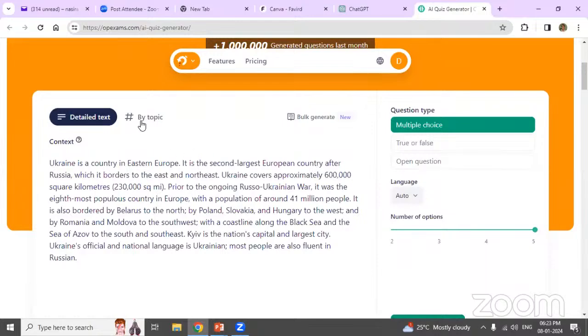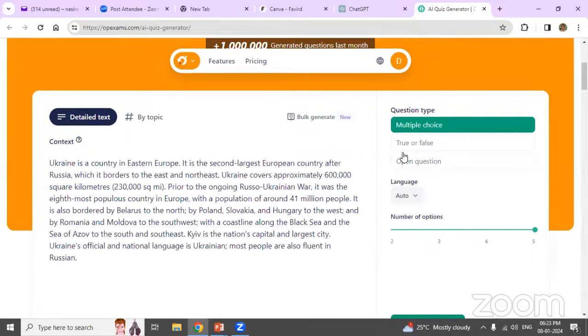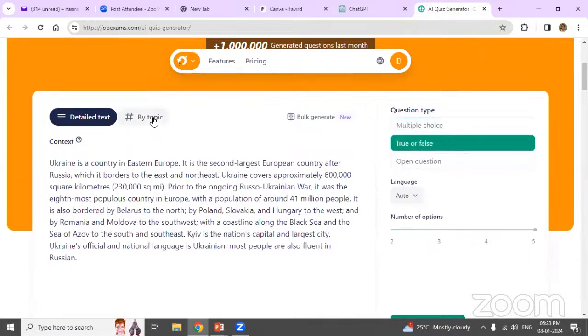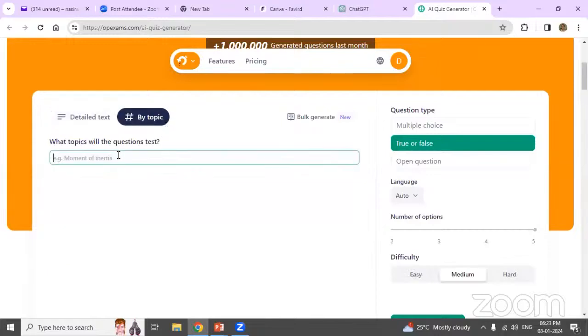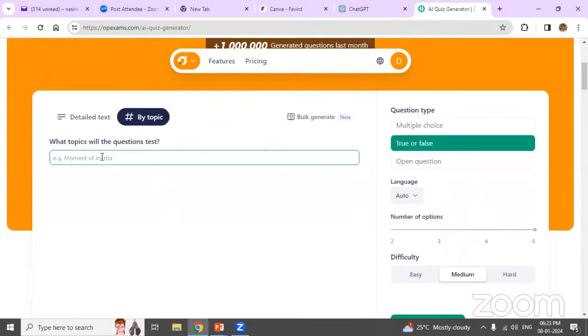For example, suppose I'm selecting true or false. Can you give me a topic? Machine learning, quite interesting.